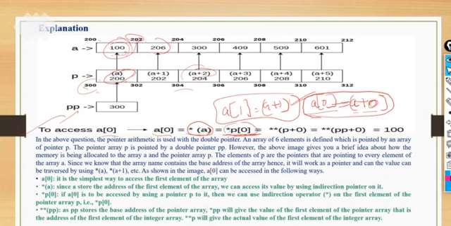What is the meaning of the pointer? Like pointer p variable, then what is the value at that particular address which is stored in that? So what is the address stored here? 200. So we have to trace the value which is stored at the 200. So this value will be considered as the address of another variable. What is at 200? 100. So it will show you 100 itself. All these things will show you the same value, 100. Either you can write this one, or double pointer p plus 0, double pointer pp plus 0. Everything is the same, just the syntax is different.